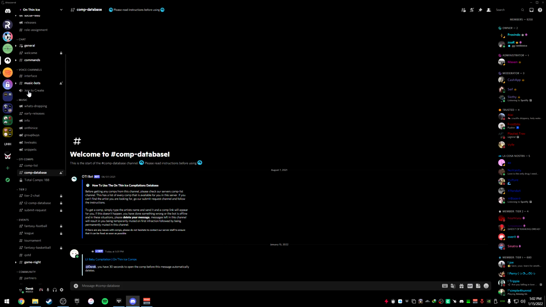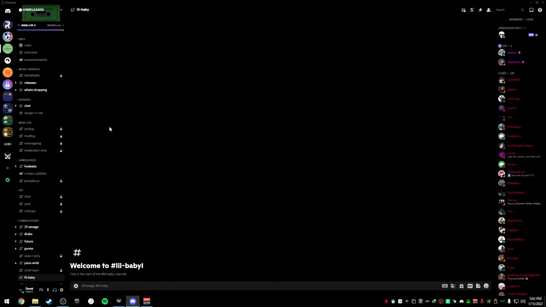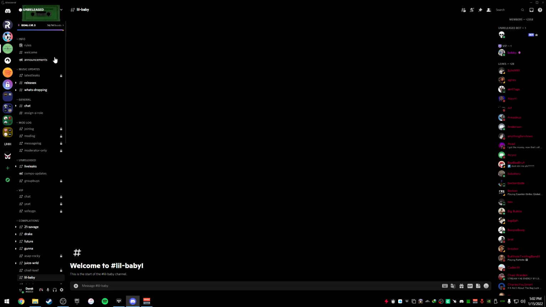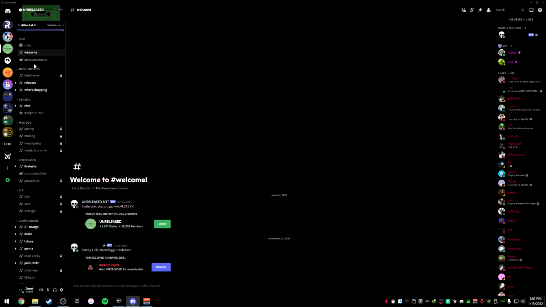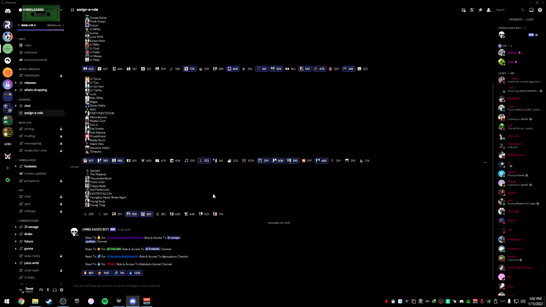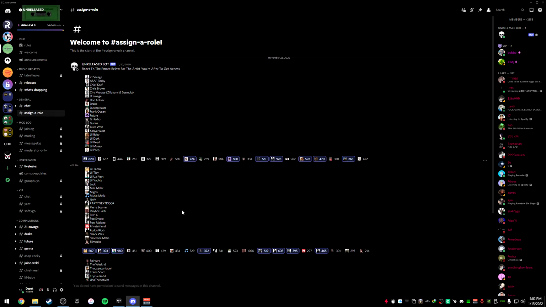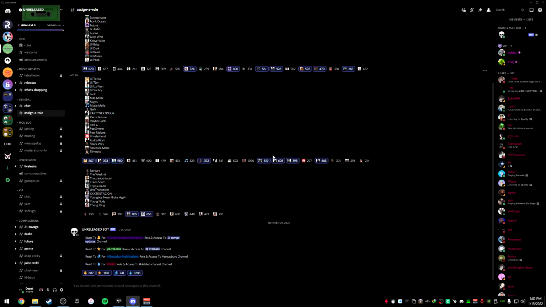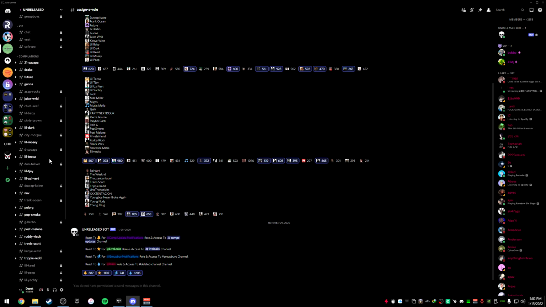Then we got the unreleased Discord, which pretty much works kind of the same way. I would say there's more leaks because it's through an actual website because they have forms and everything, but essentially it works pretty much the same. So if we go to unreleased, and we go to the roles section, which is assign a role right here, all you have to do is just reply to whatever artist you're a part of. So you can see there's a ton of artists here. You just got to react to the emoji, and then you get access to the compilation channel, as you can see right